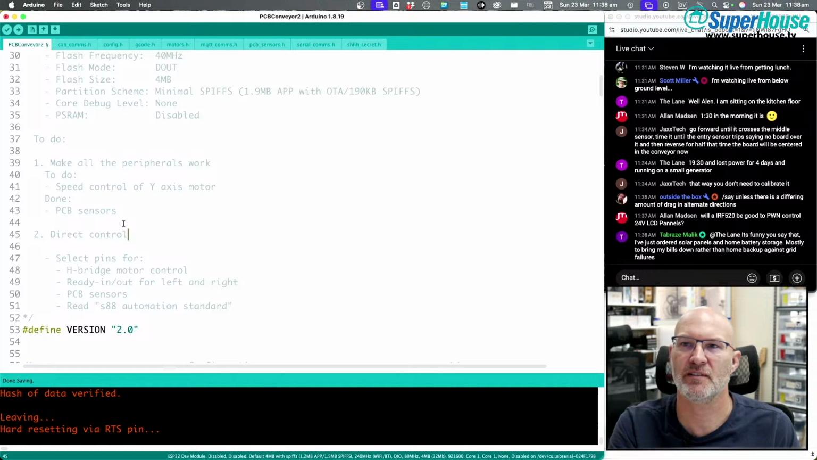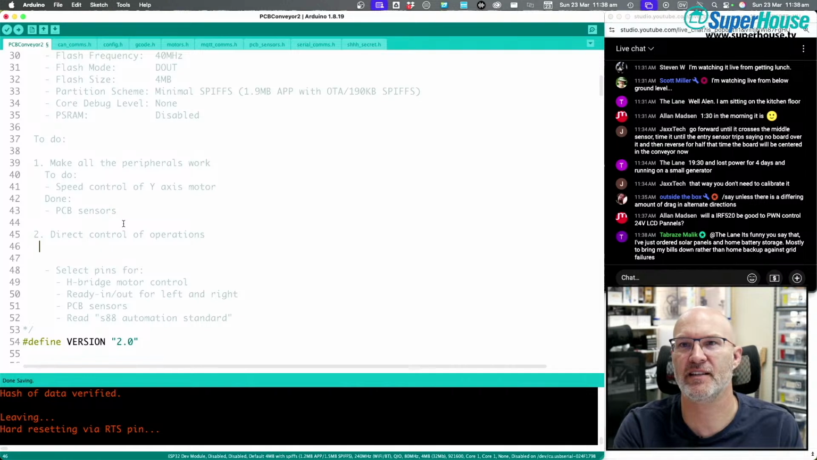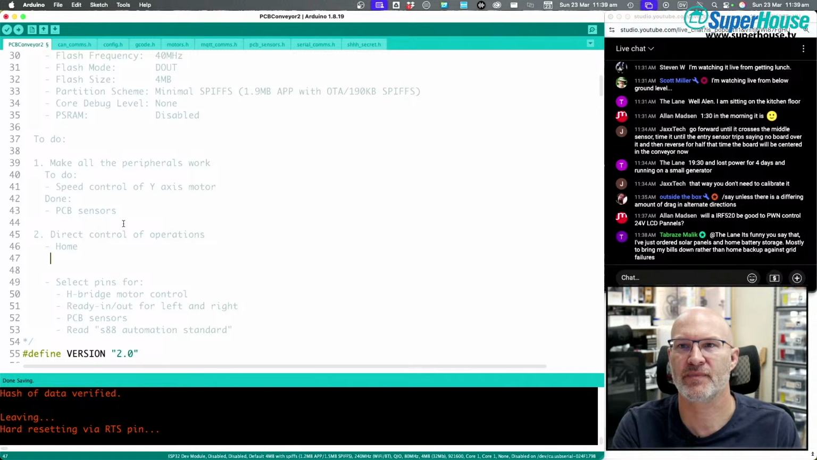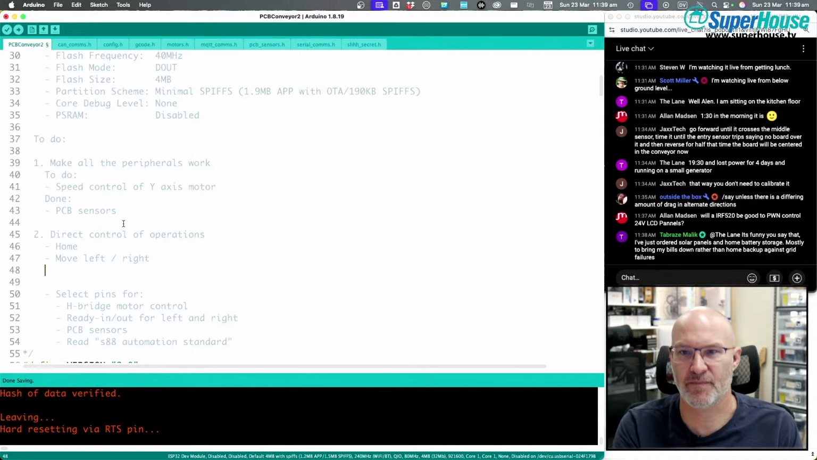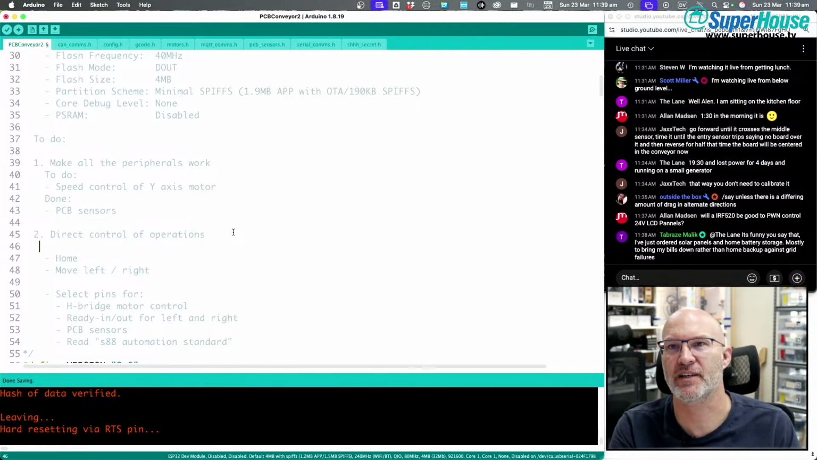direct control of operations, and that is not taking into account any sensors or anything like that. It is just telling it to move or do something, and that is going to include move, home, move left or right, and oops, what else do we want it to do? Report sensors? I don't know, maybe not. So direct control of operations, we want to do, oh, that's already done. So to do,